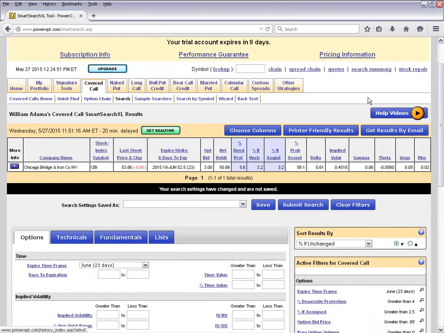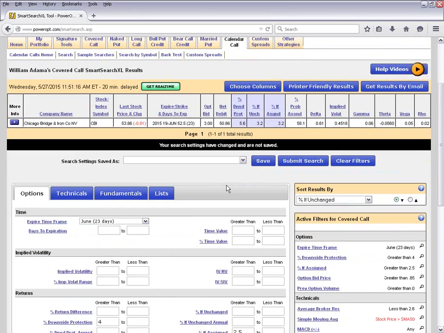For neutral strategies such as our covered call, neutral to bullish strategies, naked puts using out-of-the-money naked puts, buying calls is more bullish, but that falls in the same category, bull put credit spreads, even the standard collars, married puts, and calendar spreads, I'm going to be looking for stocks that I feel are neutral to bullish. And what are my requirements? Well, my requirements may differ from yours, but let me show you how easy it is to generate your own